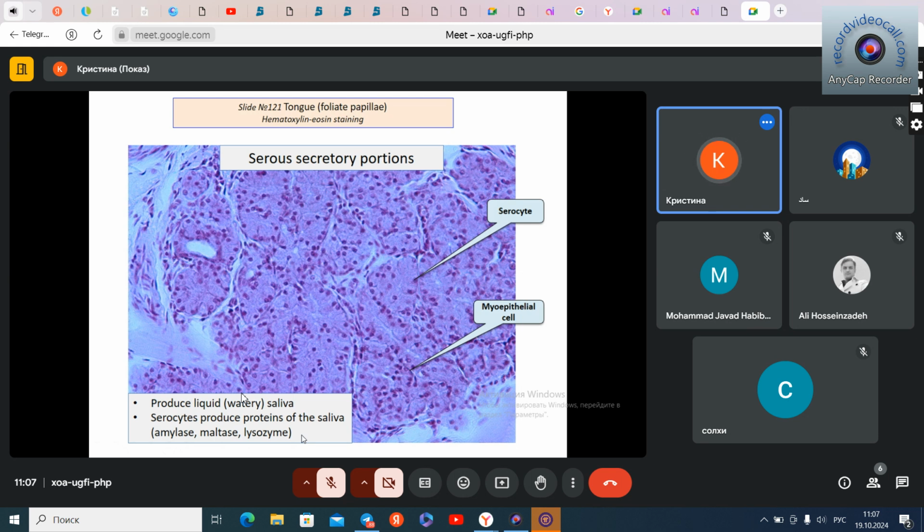Also, the salivary glands produce and release lots of ions, and also the bicarbonate ions which serve for neutralizing of the pH level in the oral cavity, because the bacteria which colonize our surface of the mucosa and which colonize the surface of teeth,